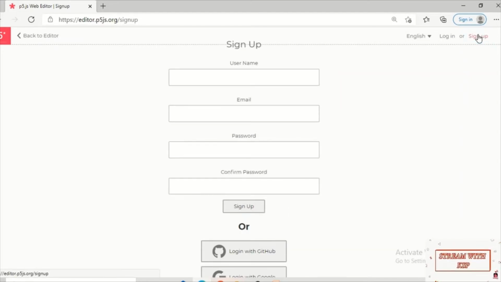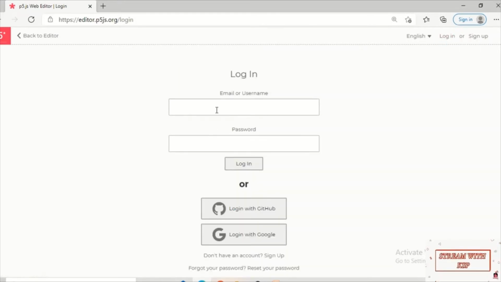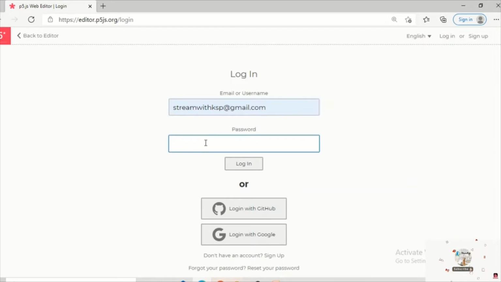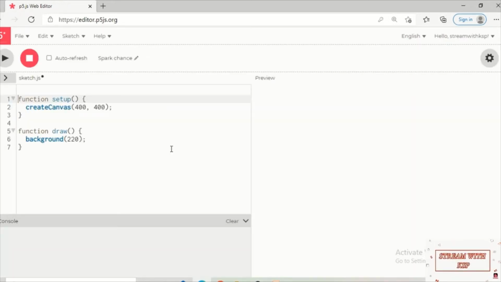It will ask for 4 details: username, Gmail ID, password and confirm password. After entering the details, if you click on the sign up button, an account will be created in the P5 editor. If you already have an account, you have to click on the login button and give the account details here, like email ID and password. After giving the username and password in the login page, the P5 editor page will open.